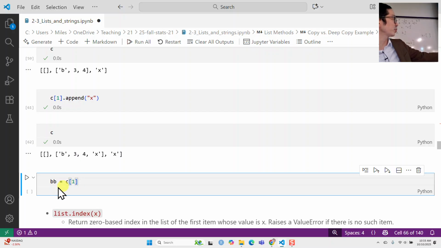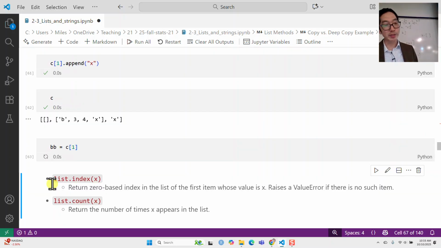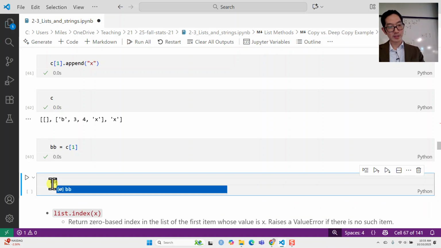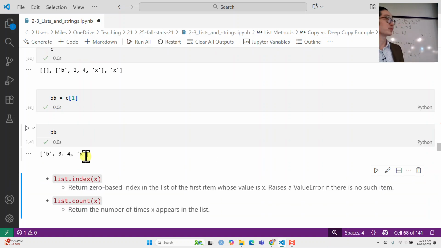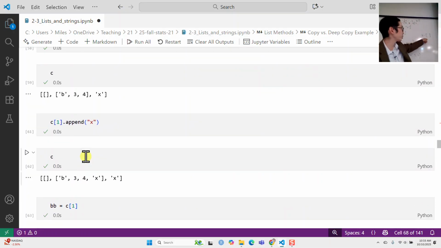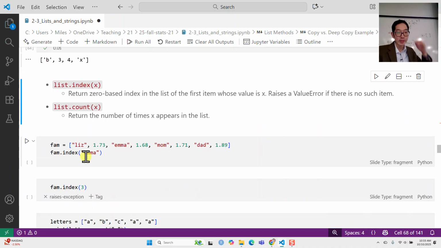C index position 1, I can give it a name BB now, right? And now I can reference this by name, okay? It's kind of a lot, but the idea is that all of these things exist in memory, and anytime you use a square bracket, you're just creating a brand new list, okay? And there's no magic with the names. It's just like, okay, we're going to call it this thing and that thing. Okay,